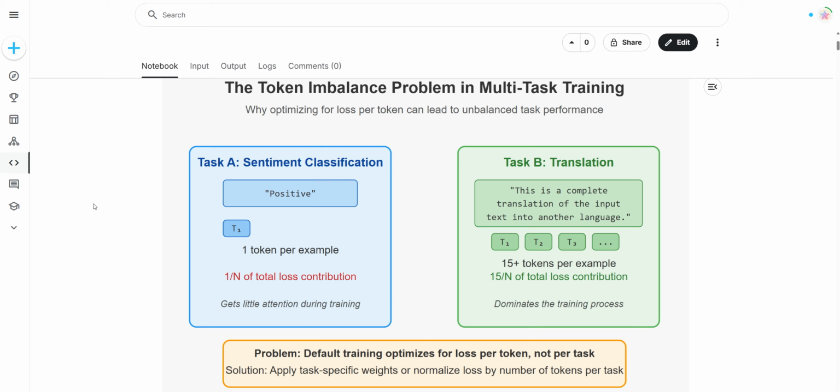Why does this matter? Well, imagine you have two tasks, one where the model needs to generate a single word as output, like a sentiment classification task where it just needs to say positive or negative, and another task where it needs to generate a full paragraph translation. If your loss function treats each token equally, the translation task will dominate the training process, simply because it has more tokens per example. This means your model will prioritize getting good at translation while potentially ignoring the sentiment task